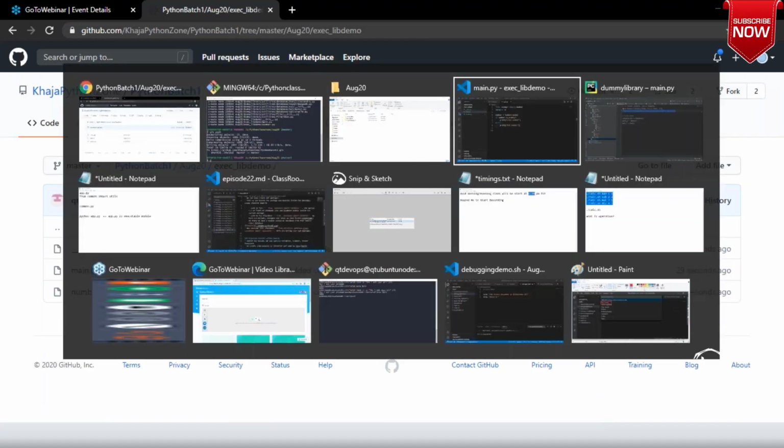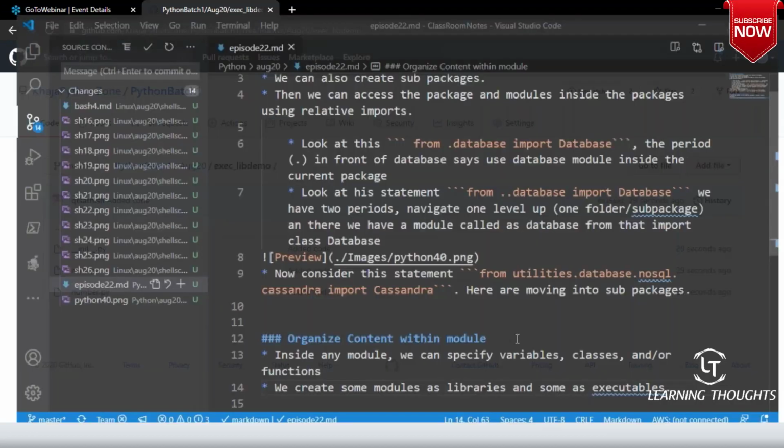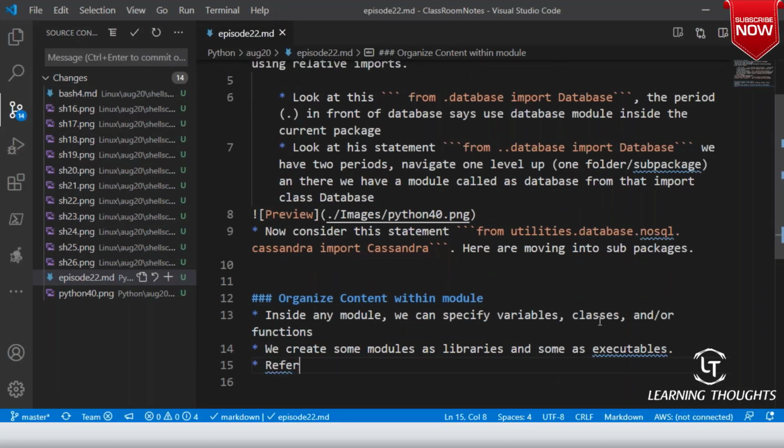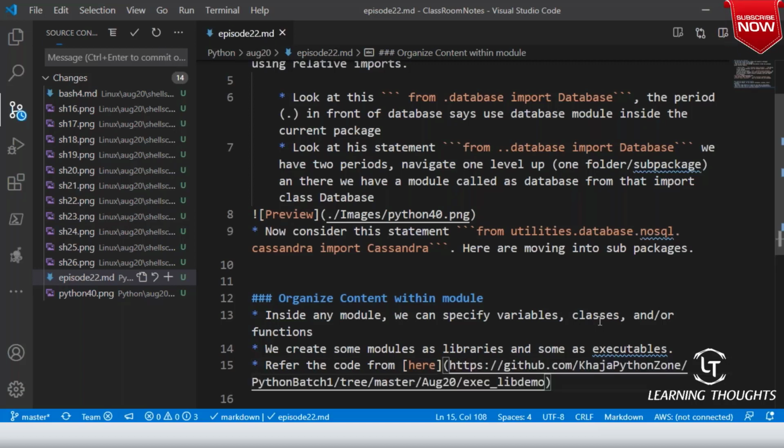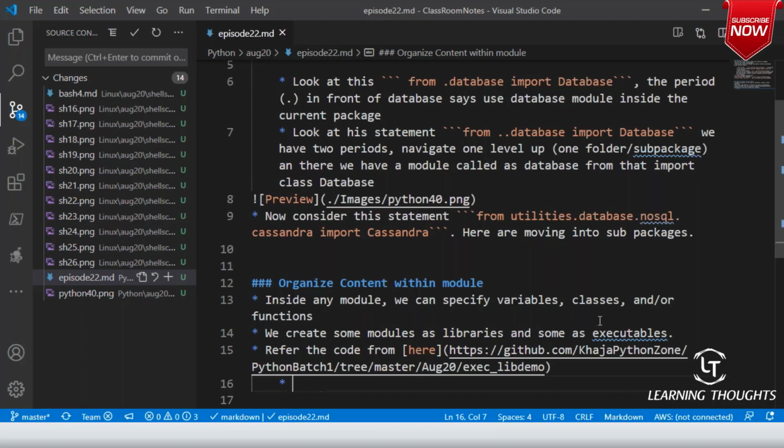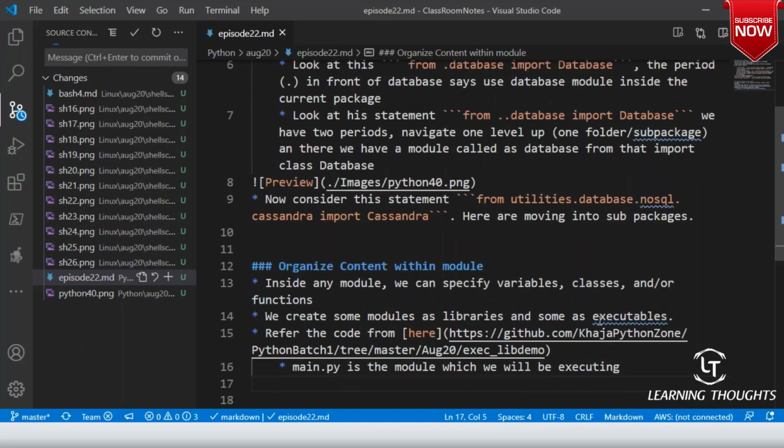Refer to the code from here. main.py is the module which we will be executing, and this main.py uses number.py, which acts as a library. Am I clear on this?